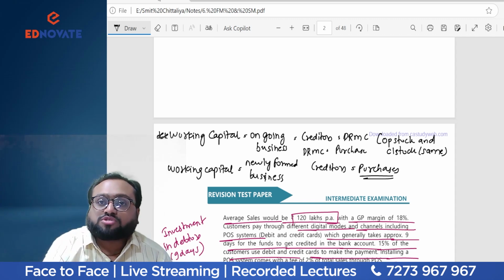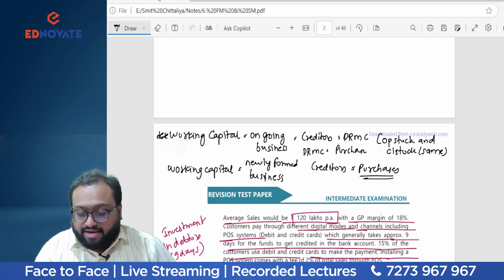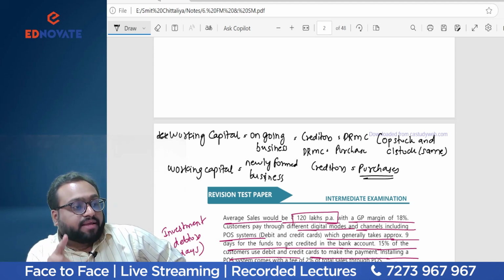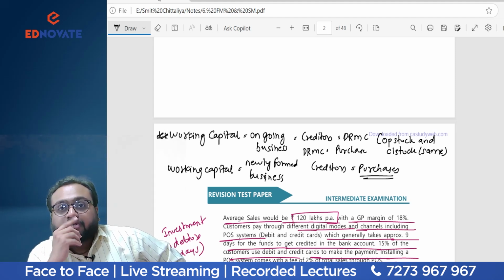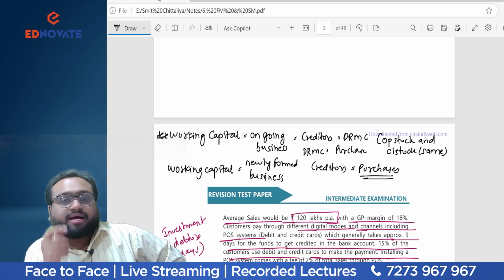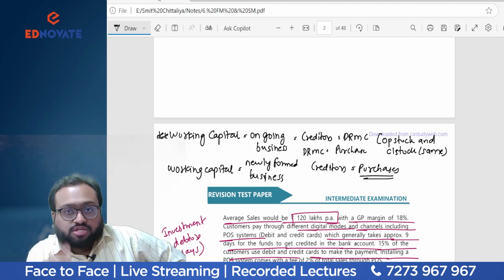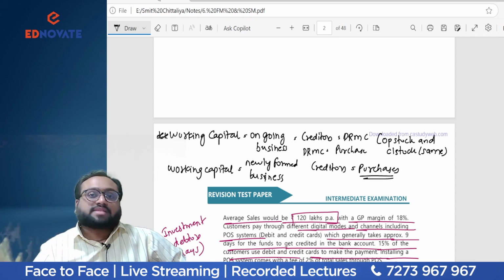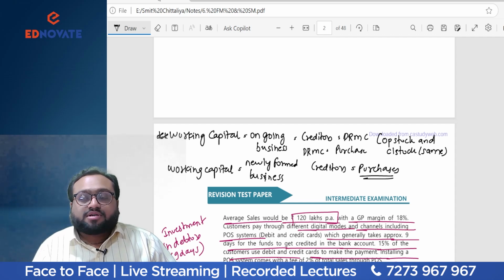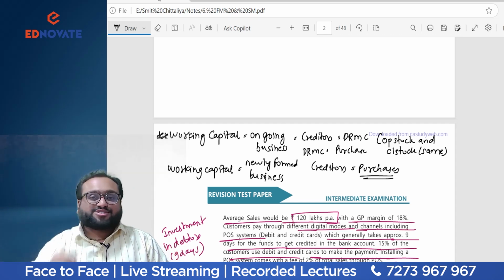Students, do not make such mistakes in the exam, and that is why I brought up an important point while calculating working capital. This is an important area to be noticed and monitored. So don't forget to make a quick recap of the same. Do write it down in your important points, LMR, LDR, wherever you want to write. Put a sticky note so that you don't make the same mistake in the exam. And if you have already understood this, nothing to worry. Am I right, students? Say yes or no.